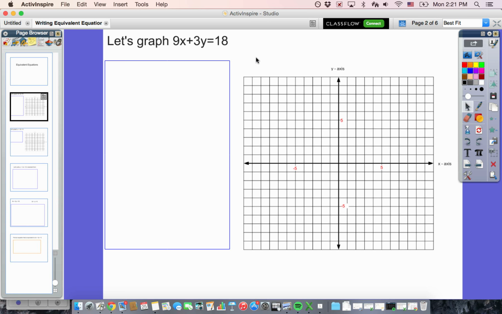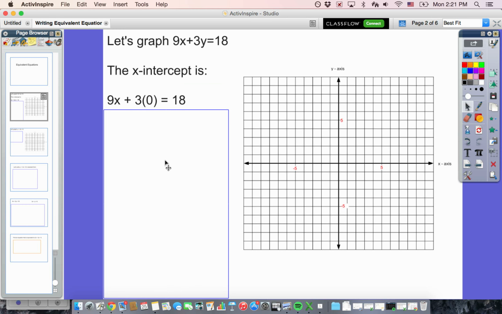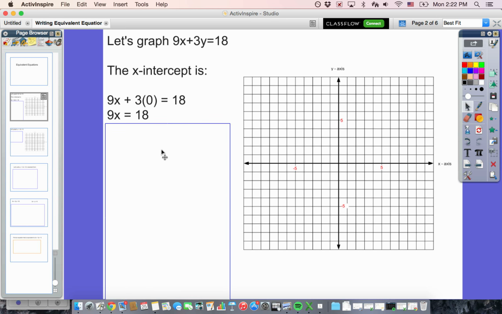So this is written in standard form, and how we can easily graph this is by finding the intercepts. If we want to find the x-intercept, we substitute 0 for y. So we get 9x plus 3 times 0 equals 18, which is 9x equals 18, so x equals 2. So our x-intercept is (2, 0). If we plot that,